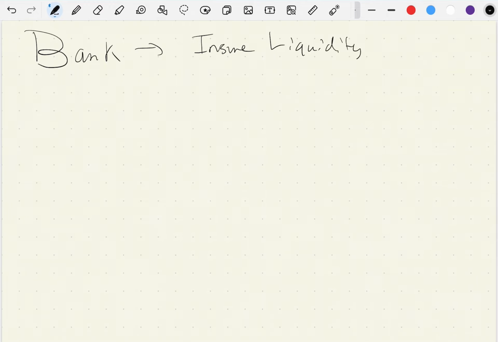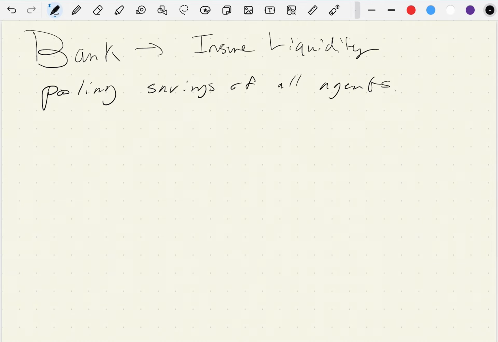So now we're going to say the bank. We're going to look at the bank functioning as a liquidity insurer. So the bank, its function is to ensure liquidity. Okay, so a bank can improve upon this idea of autarky. Okay, so if we pool the savings of all agents,